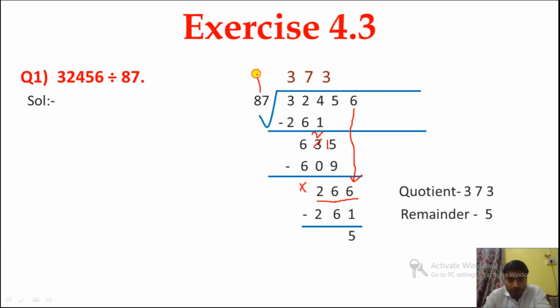266. Now it will go how many times? 3 times. So when we multiply 87 by 3, we'll get 261. Now we have to subtract: 6 minus 1 is 5, 6 minus 6 is 0, so I give a cross mark, 2 minus 2 is 0, give a cross mark. Clear? So this is the quotient and this is the remainder. Clear to you? Same way you can verify. Understood? Using that particular formula.